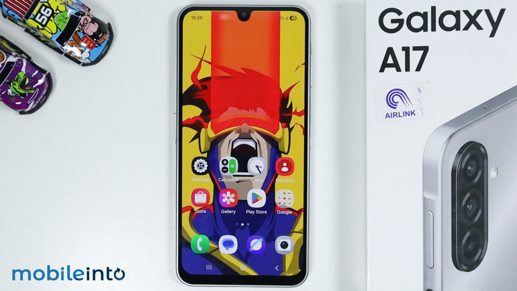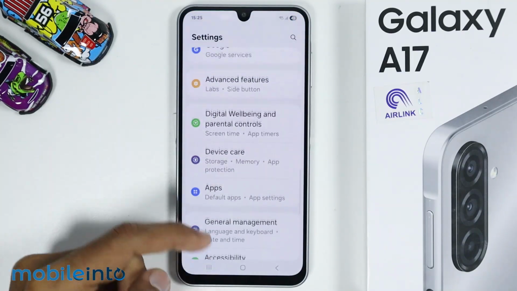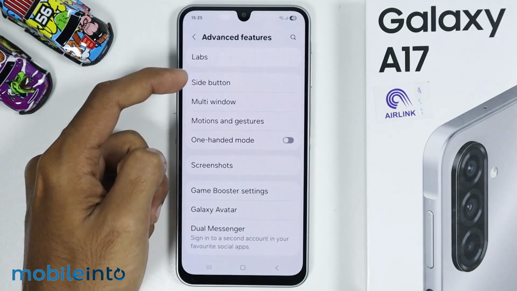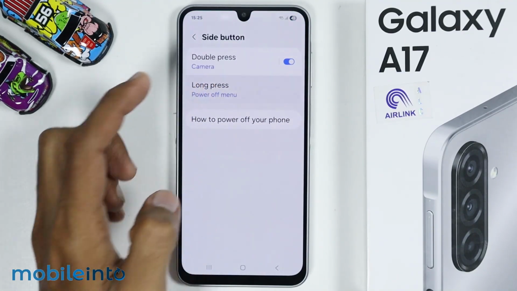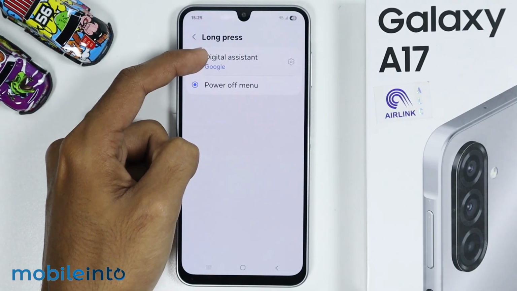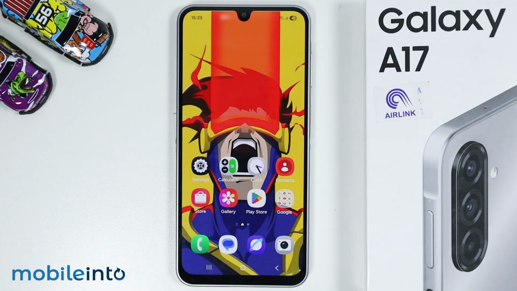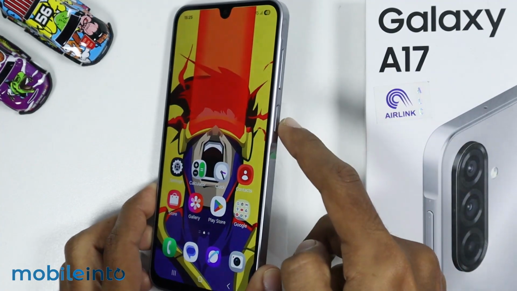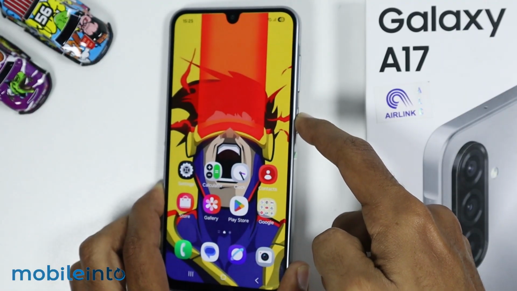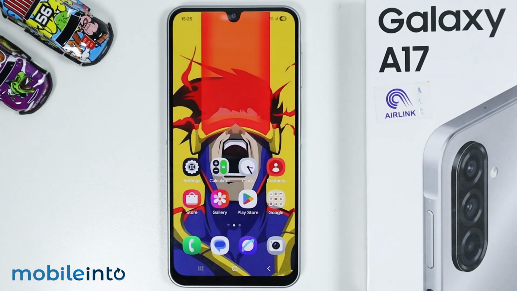And also, if you want to use the digital assistant from Google, just open Settings, then tap on Advanced Features, tap on Side button, then tap on Long Press. And from here, instead of Power menu, just select Digital Assistant from Google. And by doing that, you will be able to enable the Digital Assistant from Google by pressing and holding the Power button. Just like that. But if you're talking about Galaxy AI features, then the Samsung Galaxy A17 does not have the